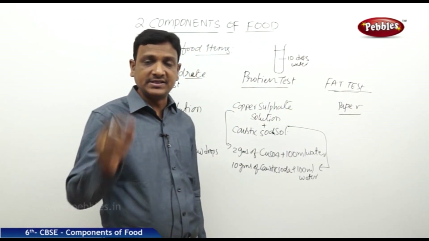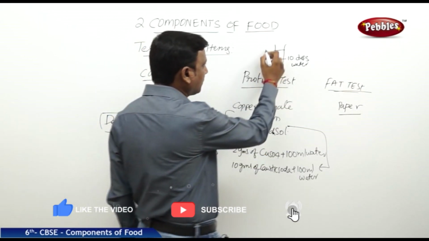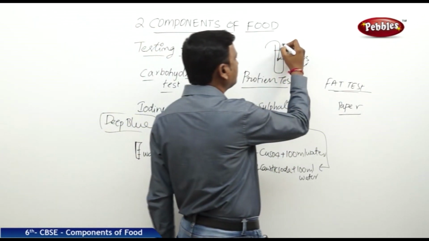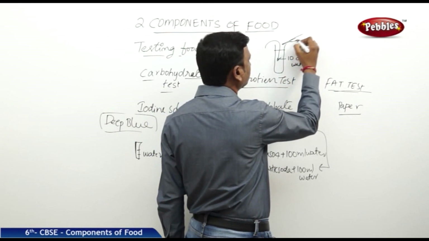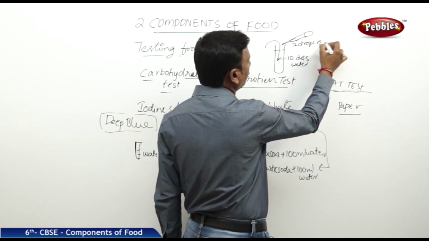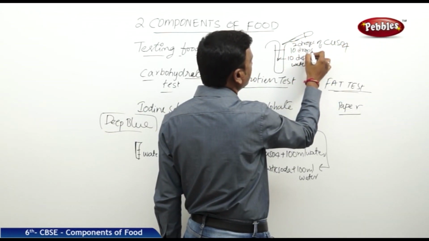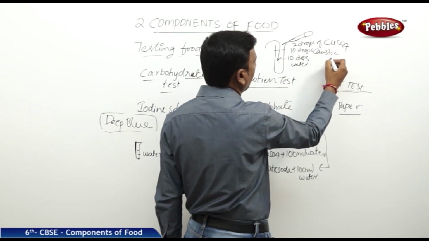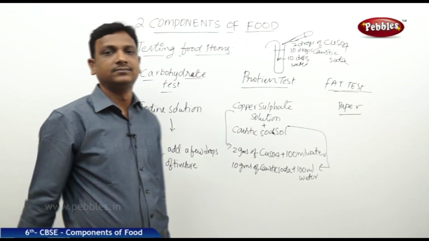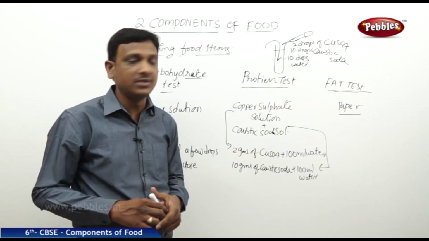Now take your sample, which you are going to test, crush it into fine paste or powder, then mix the paste or powder to this water. And now you are going to add 2 drops with the help of a dropper. 2 drops of copper sulfate, CuSO4, and 10 drops of caustic soda. You are going to add here and shake it. If the contents in the test tube turn violet in color, it shows the presence of